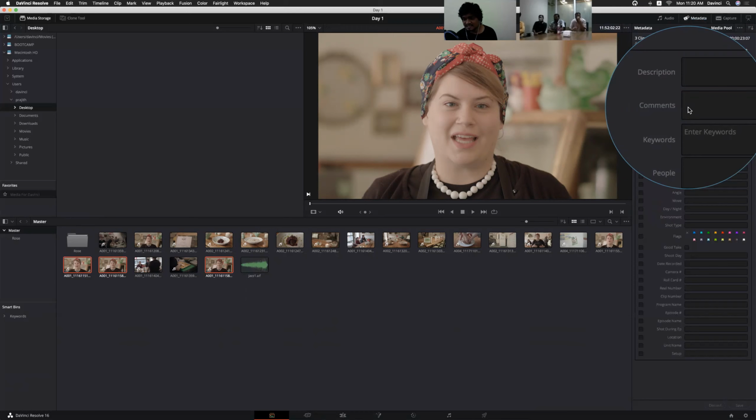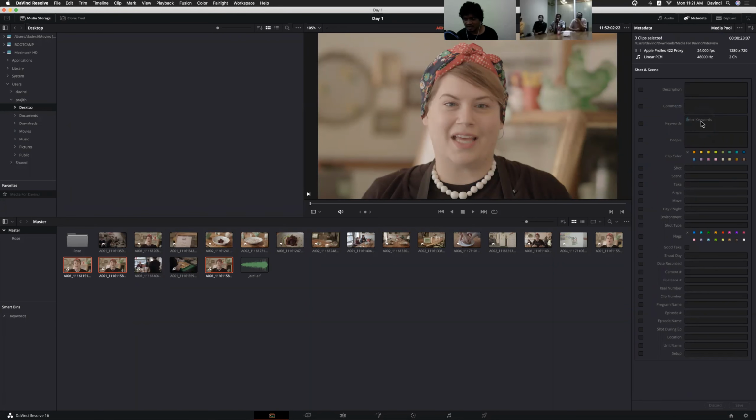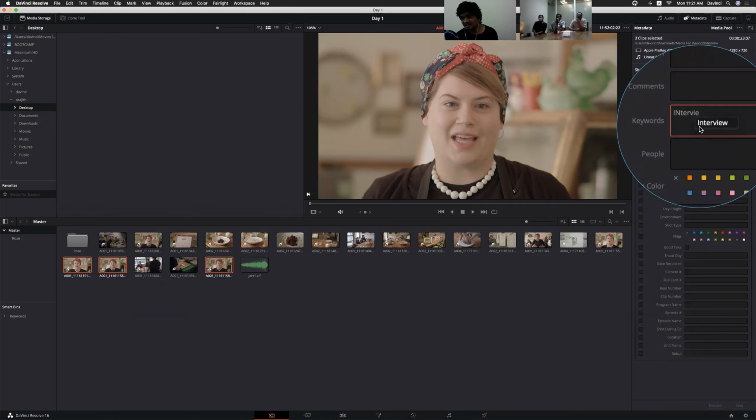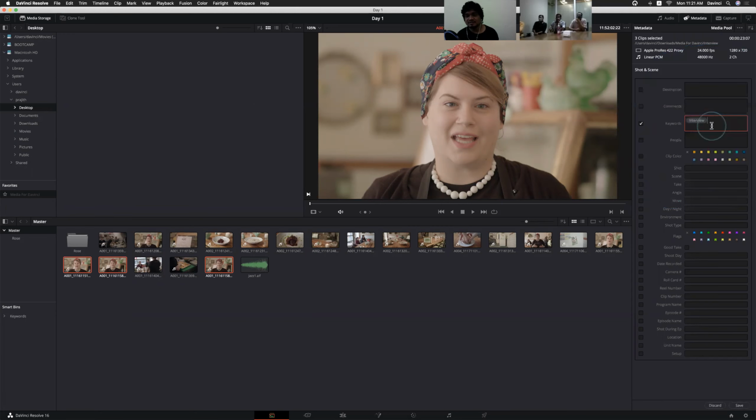Most of these options are like the logging options in earlier applications. We can customize the metadata of the clip. Here we can add keywords. Here I'm adding, let's say, interview. When I start typing, it is already showing the entire word. By default, you get a keyword library, and we'll discuss how to add words to that list later. Here I'm just using the keyword option. Now at the bottom of the section, click save, and it will automatically save that keyword.